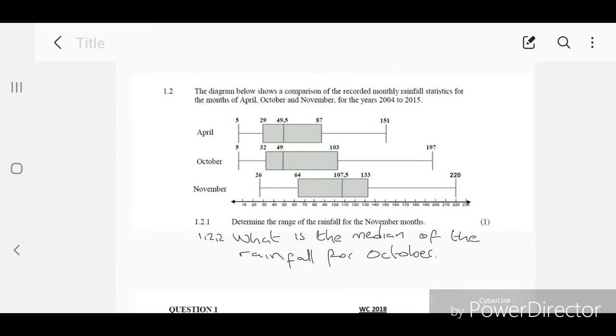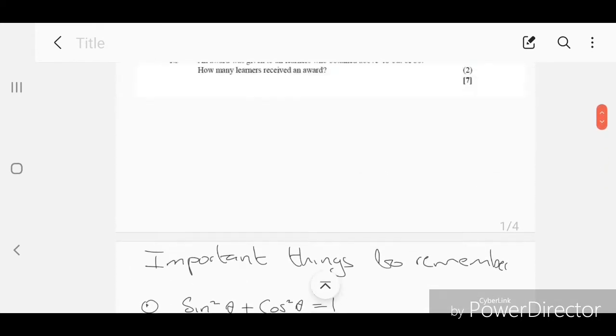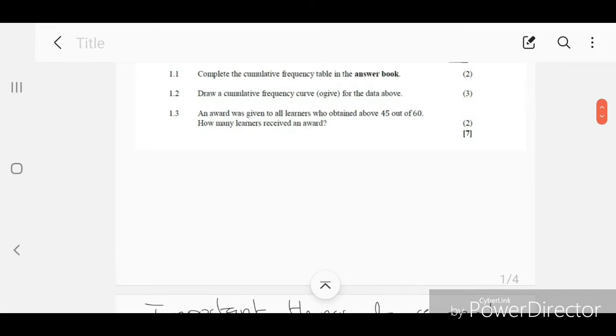They are saying the diagram below shows a comparison of the recorded monthly rainfall statistics for the month of April, October and November for the year 2004 to 2015. Now, we all know that in box and whisker diagrams,